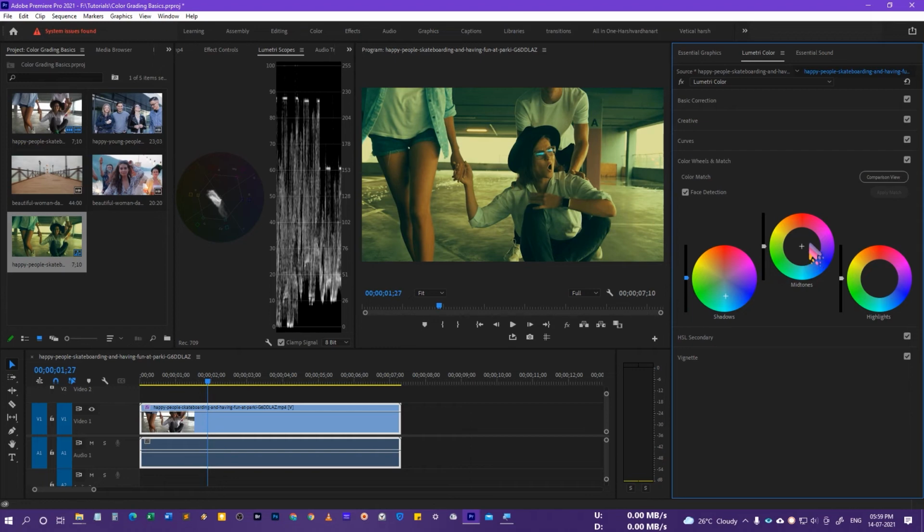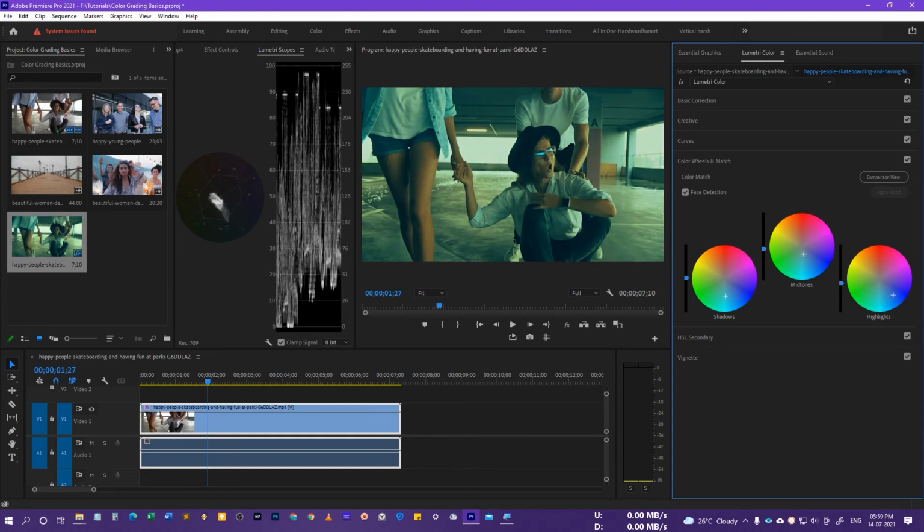And then again we have the option of mid-tone, so we can add the color, this red color, orange color, or any of the color in the mid-tone. And again we can adjust the mid-tone, we can make the mid-tones brighter or darker with the help of this slider. Okay, and then we have the option of highlights, so again we can add any color in the highlight. Okay, so something like this, and we can again make the highlight brighter or darker with the help of this slider.